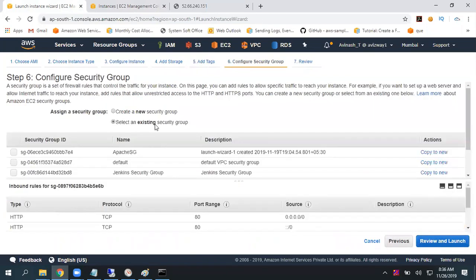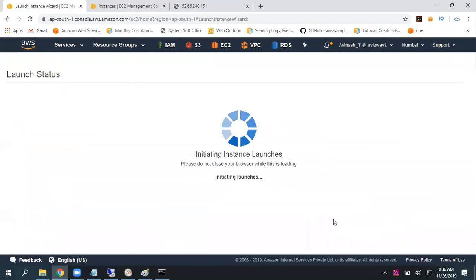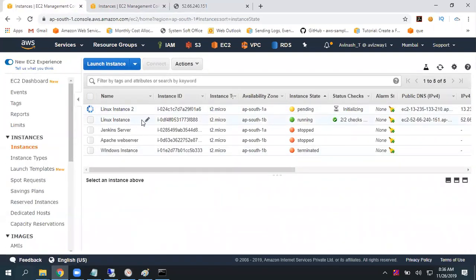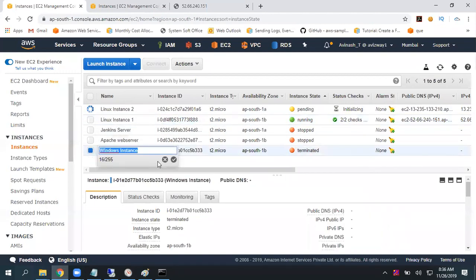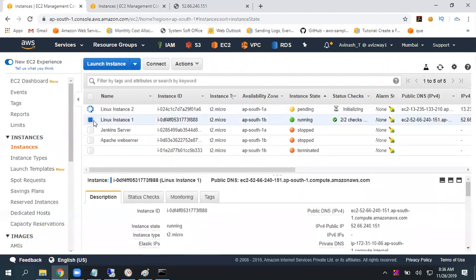Click on next, select existing security group, port number is opened, launch, Mumbai key pair. This is Linux instance 1 and this is Linux instance 2.